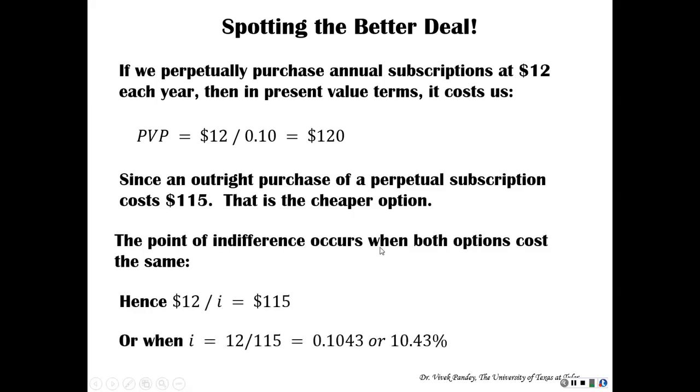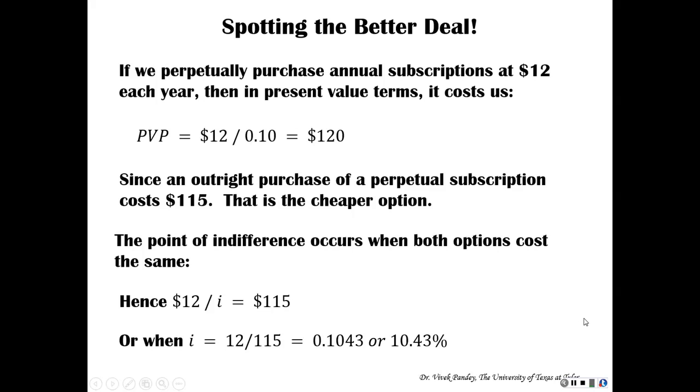Now, the other part of the question was asking us, at what interest rate are we going to be indifferent between the two options? Which means that we've got to find an interest rate at which the present value of the perpetuity of $12 annual payment will exactly equal $115. We're not talking about a 10% interest rate anymore. We're talking about an unknown interest rate which makes us indifferent. So $12 divided by i equals $115. When we solve for i, we get